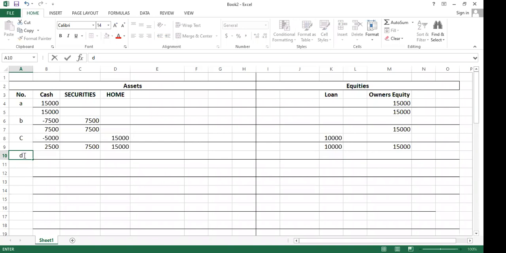Equal to the security bond. Same to the security bond. D. Sold securities costing rupees 1,000 for rupees 1,500. Cost is 1,000, but they sold for 1,500. Get the cash 1,500